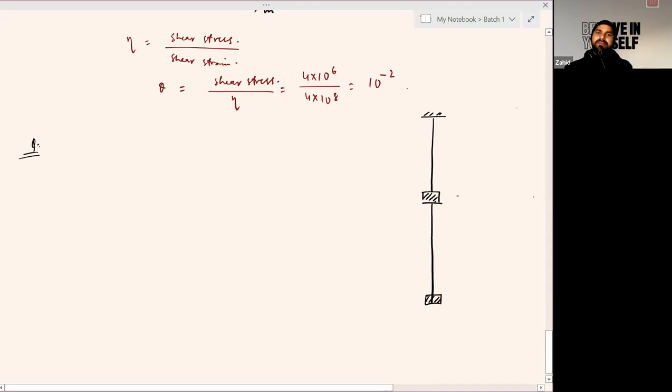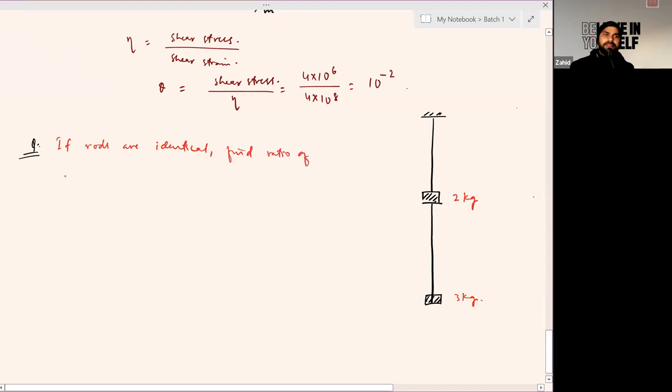This block having mass 2 kg, this block having mass 3 kg. If rods are identical, find